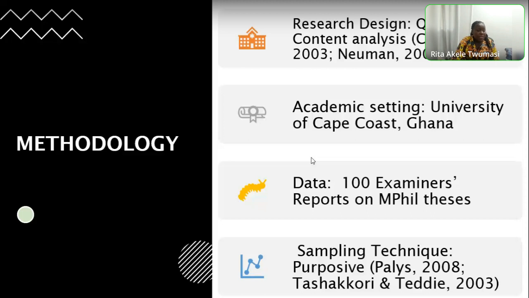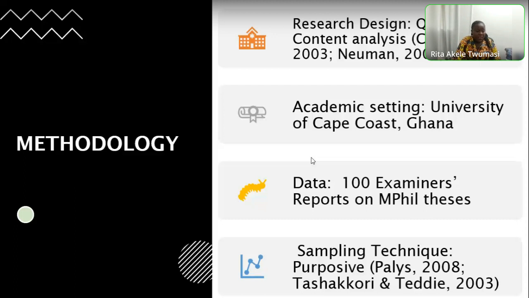Hence, they were selected to understand what the practices are in the assessment of theses at the University of Cape Coast. Again, the data selected for the study, the examiners' reports, had to be released. So I ended up with disciplines that were interested in releasing the data for the study. For the collection of the data, an introductory letter was taken to the heads of these selected disciplines and the School of Graduate Studies, University of Cape Coast, to seek formal consent. The purpose of the study was explained to them.